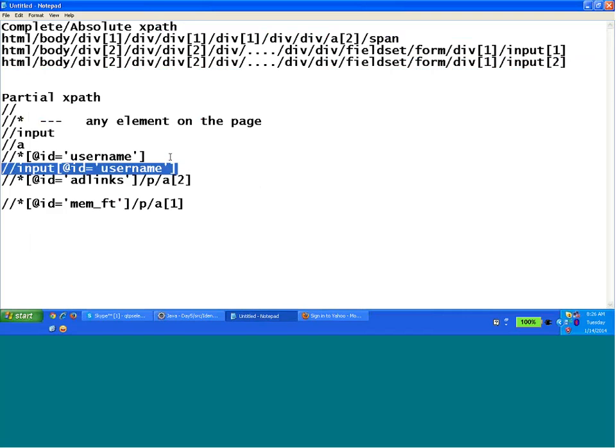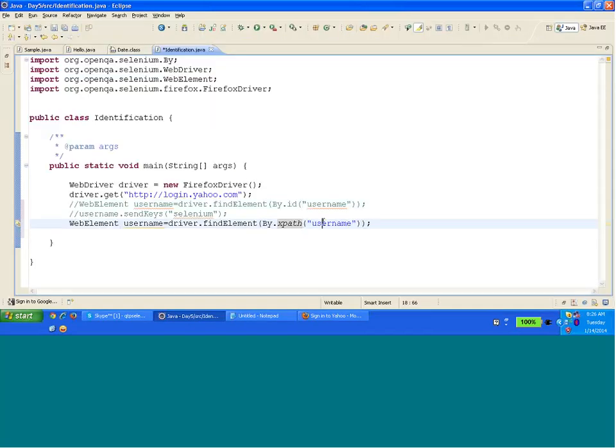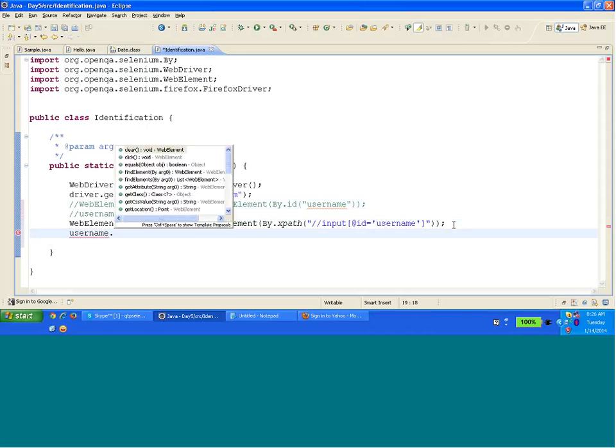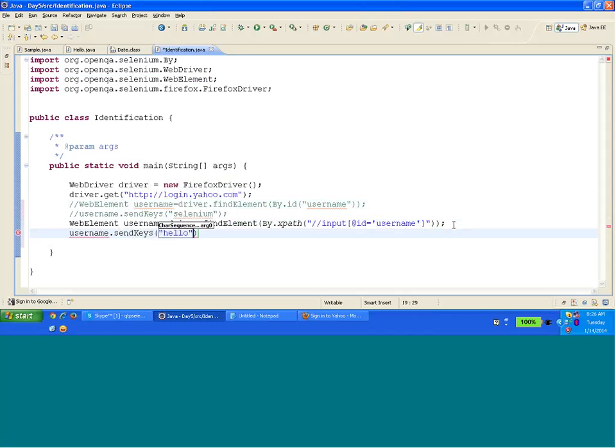I provide a little better one. This way also, type in inside the text field. So when you run this,